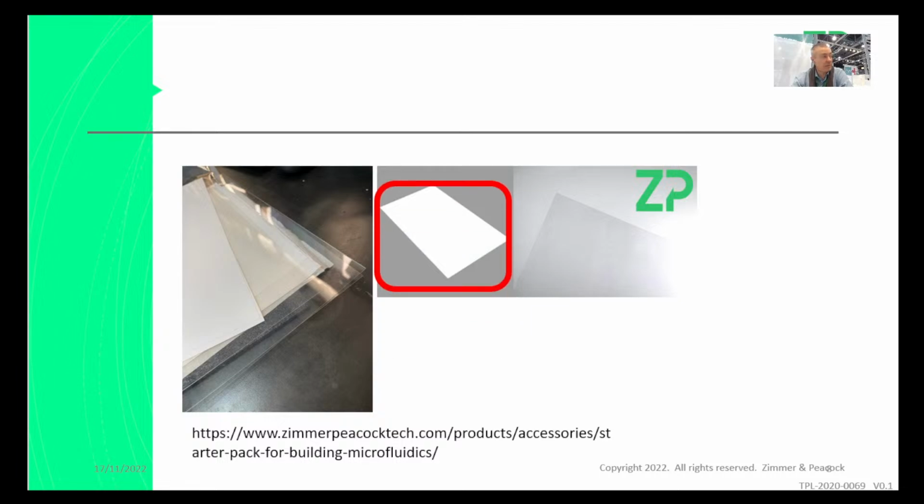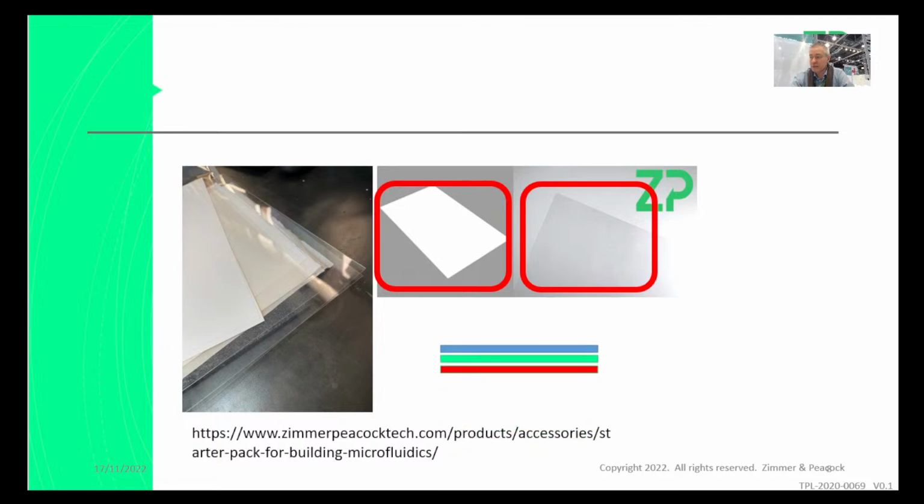It comes with this opaque material, and it also comes with this transparent material. Now the inquirer, I think a member of their team has already figured this out, but I just want to say that the opaque material, this white material, has what we call a bottom cover, a middle sheet, and a top cover. So it's a double-sided adhesive or pressure adhesive.